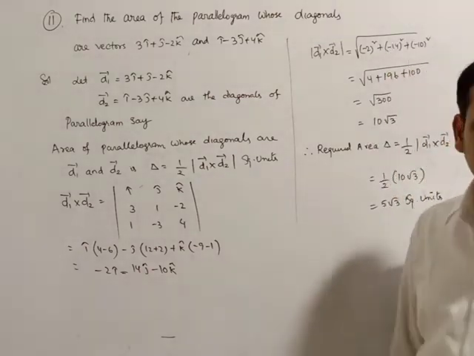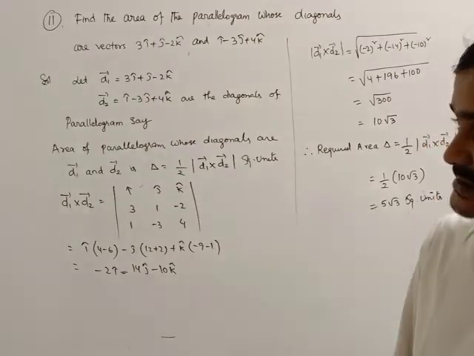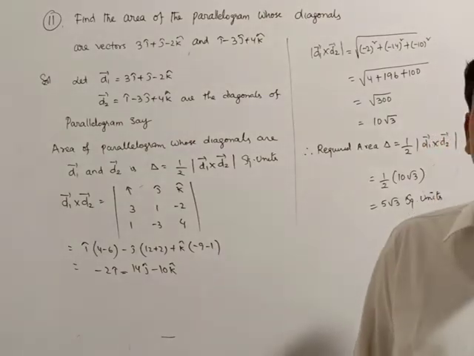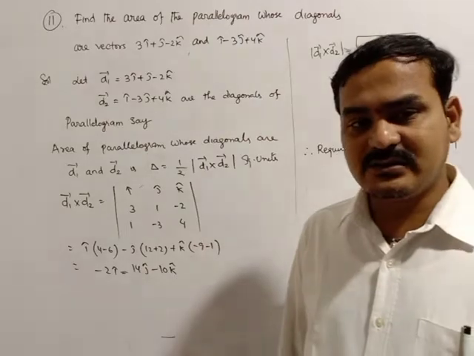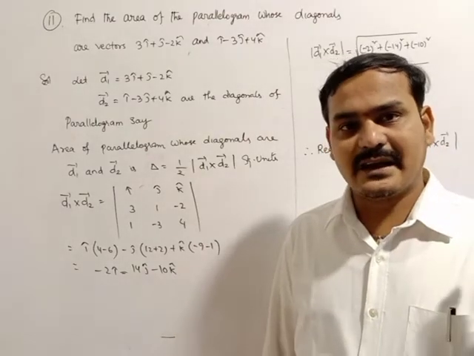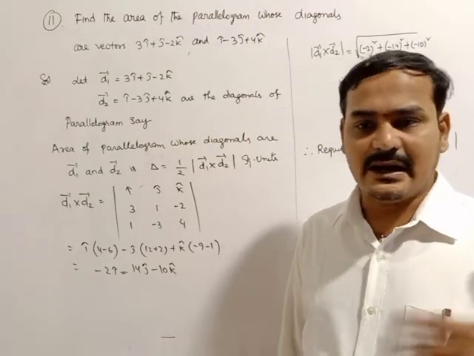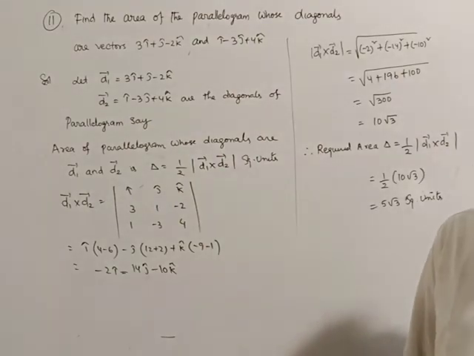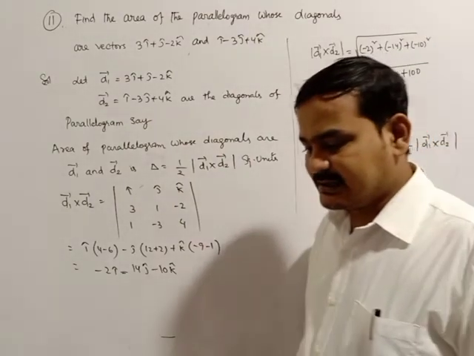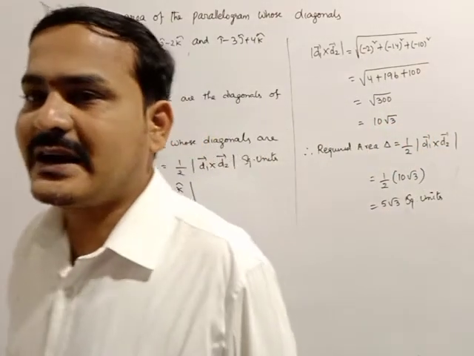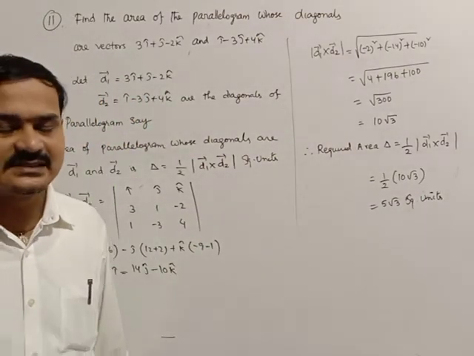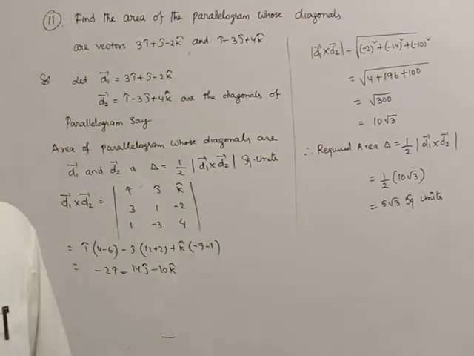So for that purpose only I am explaining each and every question clearly. After that, you should not just see or copy, but write down and do these problems again carefully, and also watch the YouTube videos and observe carefully, because you are going through it two times. Question number 4 is to find the area of the parallelogram with adjacent sides, and question number 11 is the area of the parallelogram with diagonals.